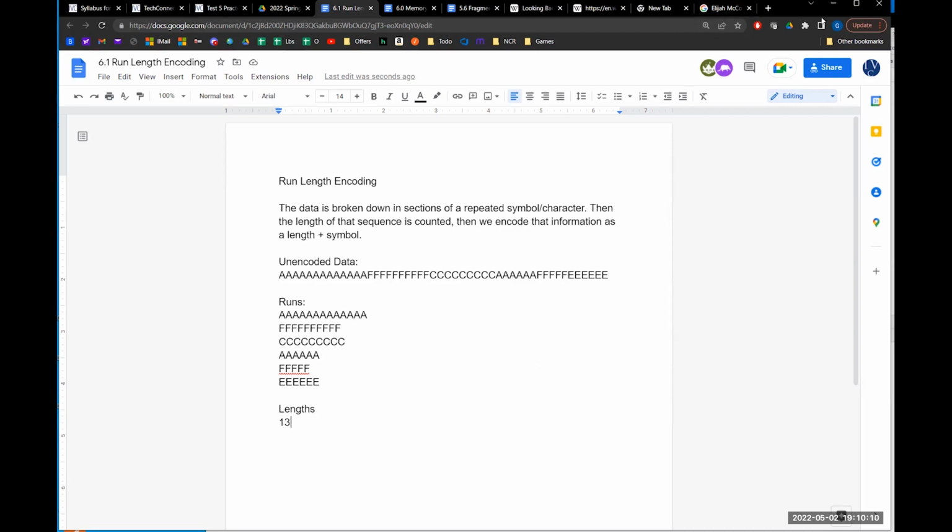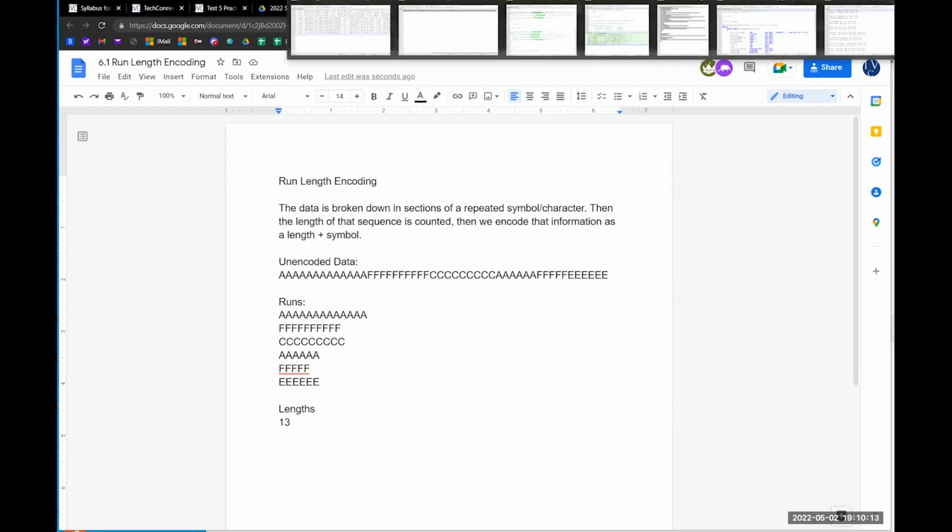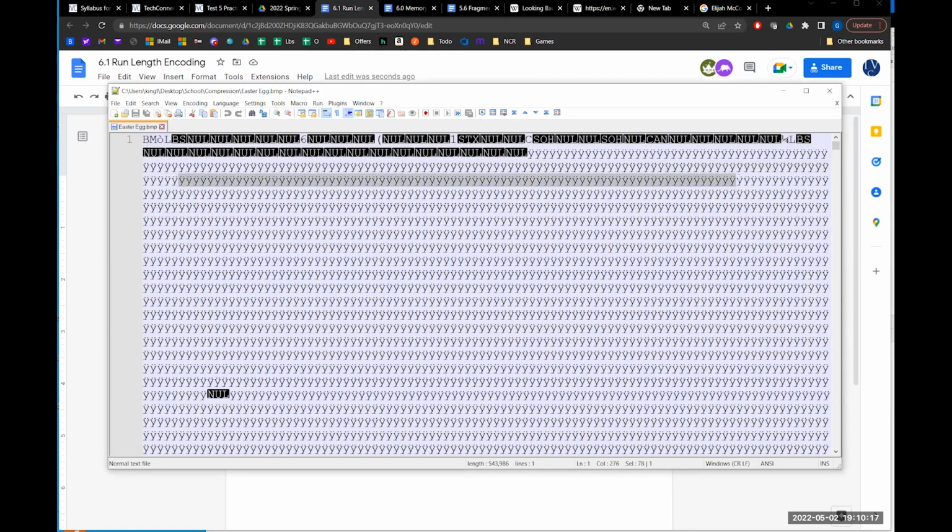Well, if we go back, it depends on the nature of the data. If we go back to our bitmap, we can see the runs are repeated quite significantly. We get the same pixel being repeated over and over and over again. So it is very strongly data dependent, which is going to be the case for pretty much all the compression algorithms. Compression algorithms are going to try to take leverage of repetition. We see the same thing over and over again, whether it be a PNG, a GIF, JPEG, or run length encoding. In order to get really any compression, we need to see the same data more than once,